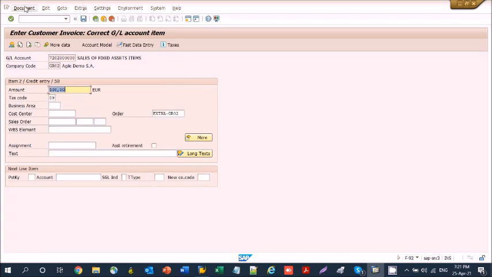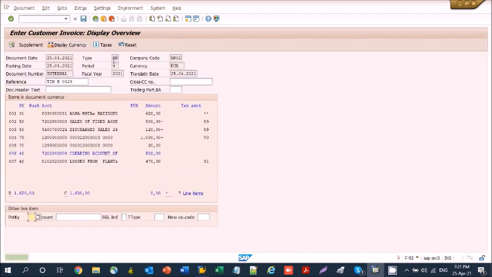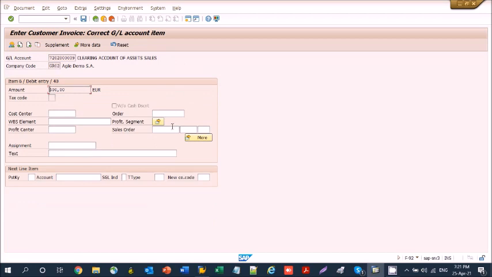I simulate, I correct the marked item, and finally I post.